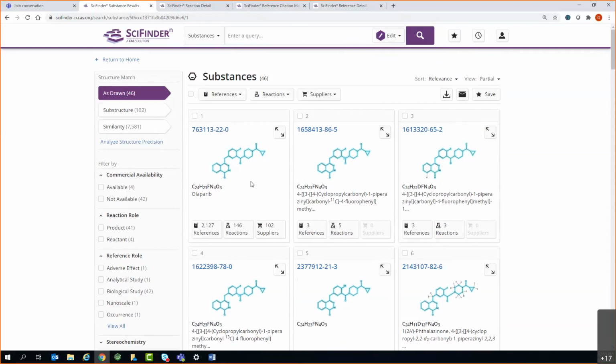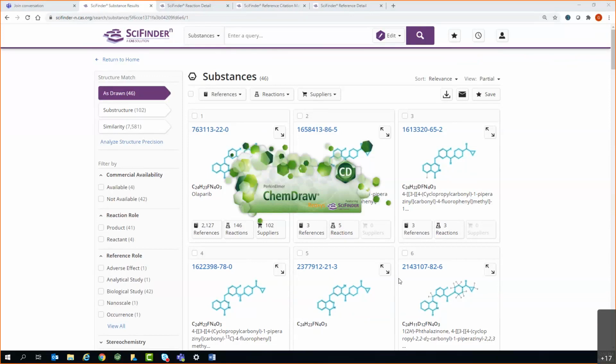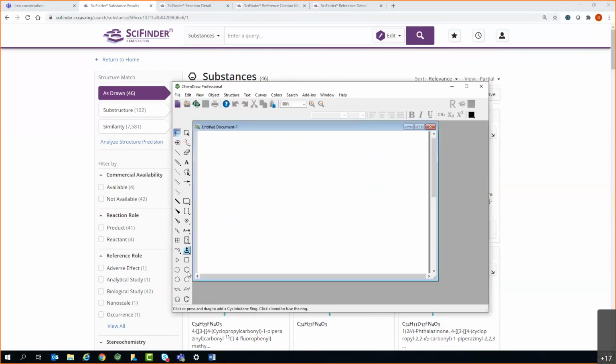Then I just want to talk a little bit about how we can get structures into the CAS draw tool. There are a number of things we can do. I showed you how I can put a CAS registry number in and get it there. Additionally, if I was in ChemDraw, I could draw a molecule. All right, taking a while to load. And if you have 18.2 or a more recent version of ChemDraw, I can